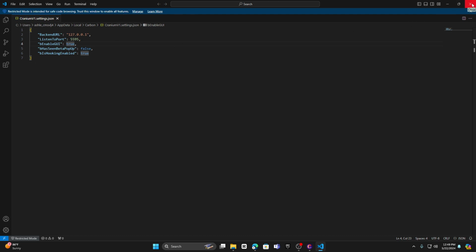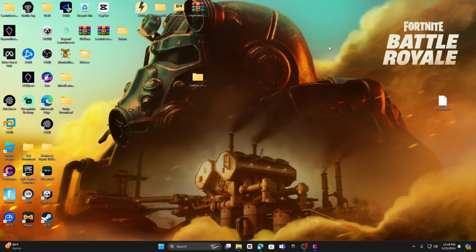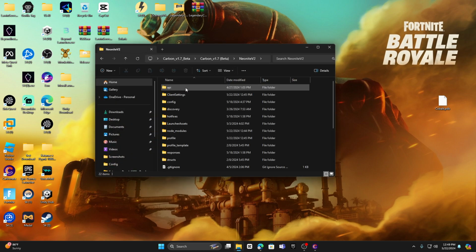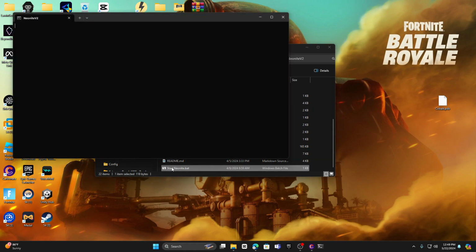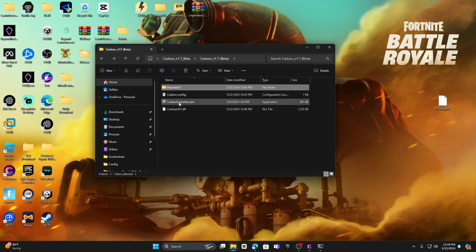Just X out of it, and then X out of the folder, and then go back into Carbon, go to Carbon 1.7, then go to Neonite V2, then scroll down until you find start neonite.bat. It's going to open up listening on port 5595, and then go back,